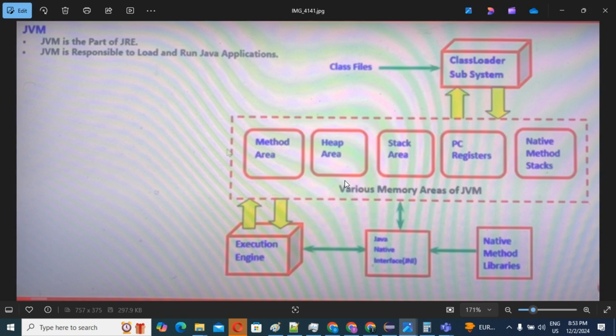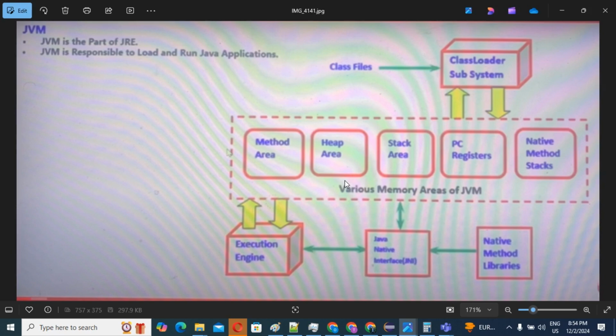Don't worry, but I would suggest you please concentrate and be focused, because this question may be asked by the interviewer in the interview room: what do you know about JVM architecture? What components do we have in the JVM architecture? Such types of questions they may ask. That's why my main perspective is to let you know what all components we have in the JVM architecture.